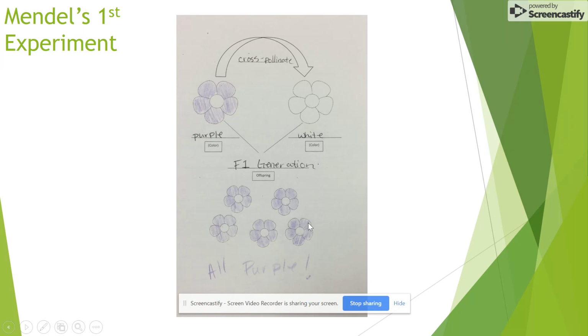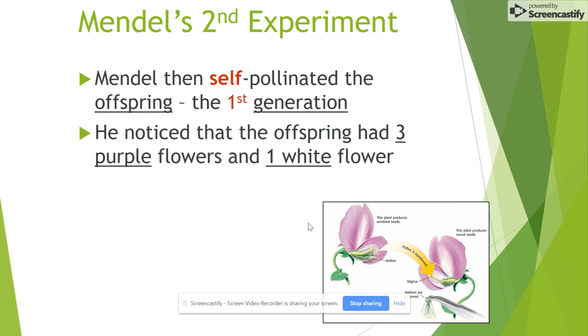Okay, so that leads us to Mendel's second experiment. So he just got done with the first experiment, and he was like, okay, all of these baby flowers are purple, right? He's like, I'm not quite sure why, but let's roll with it. Let's keep going with it, right? So he took